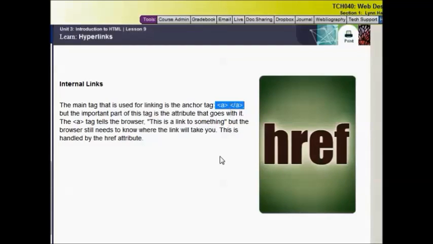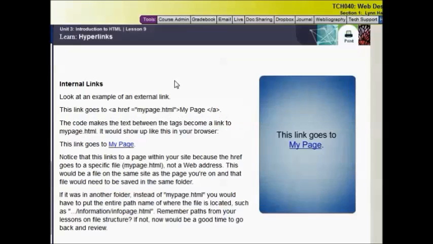Okay, so this can be on the same web page. This can be a different page in your website, or it can be a different link altogether. So you can have pretty much internal or external links. There's an attribute to the A tag that's href, Hypertext Reference. It tells the browser it's going to go someplace. We look at this particular example here. Here you have the anchor reference